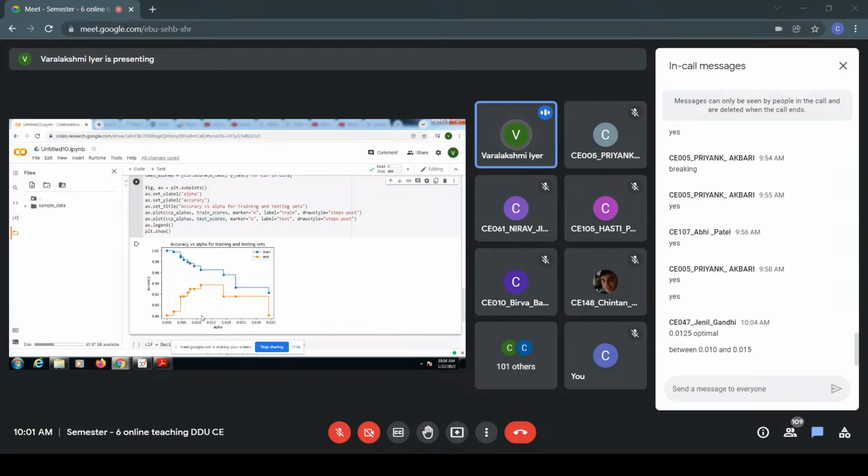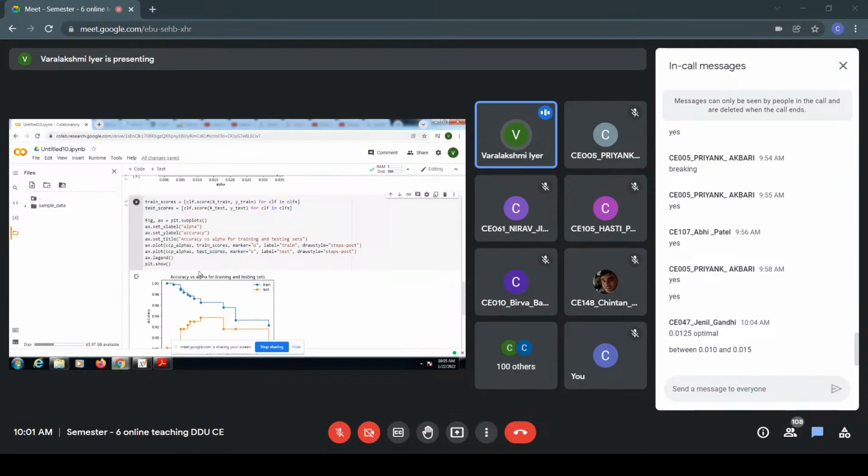Okay, yes, right. So you can see between 0.1 and 0.15 that the test data set and the training data set are giving approximately good measure. Okay, this is the accuracy that you are measuring, and you can see that it is giving a good measure. Later on, as you increase the value of alpha, that means as more nodes are being pruned, it is possible that the training accuracy and test accuracy both are decreasing. So in this case, using this particular method,